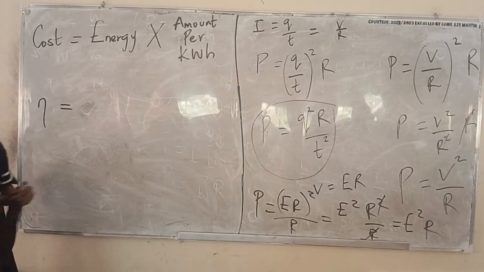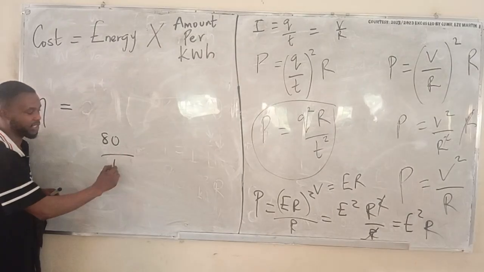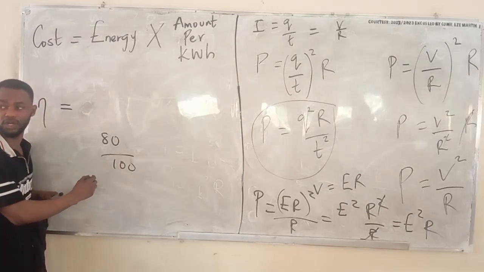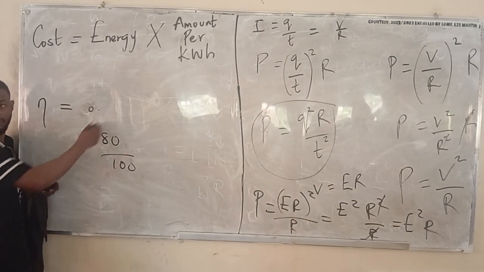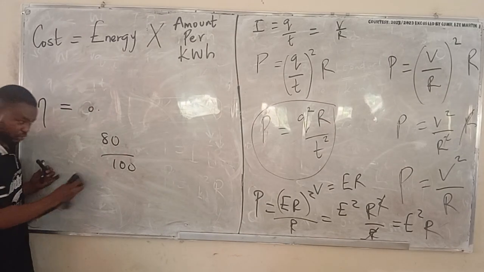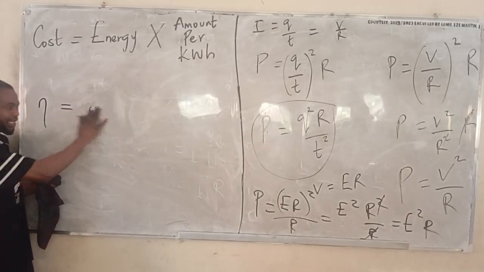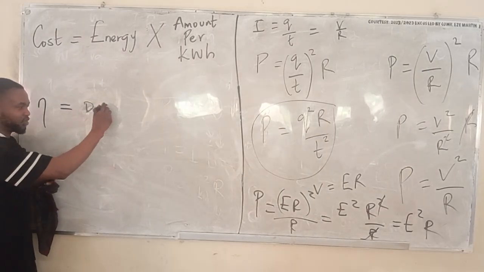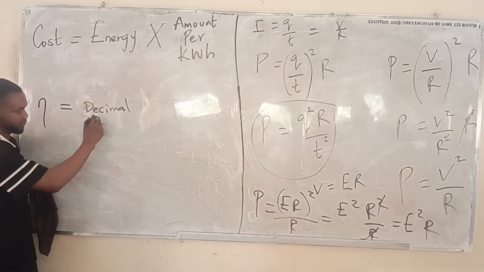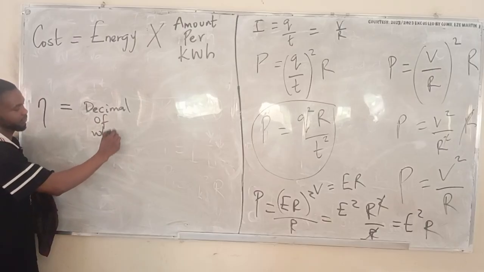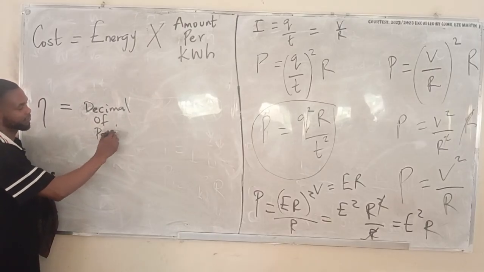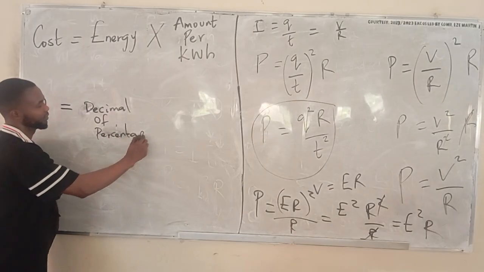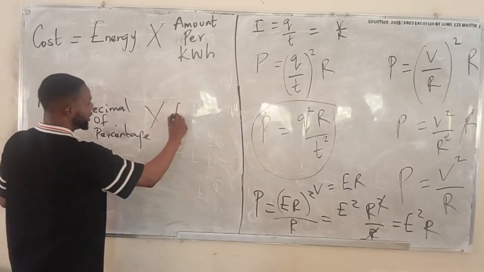If I have something like 80%, it's 80 over 100, is it not true? Which in decimal is going to be 0.8. So note the formula: the decimal of the percentage given times the energy